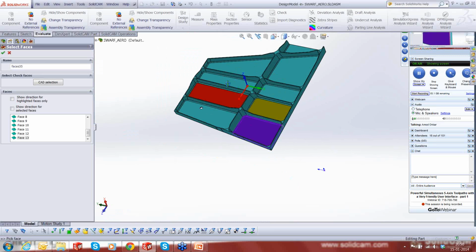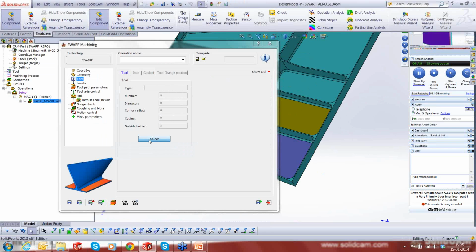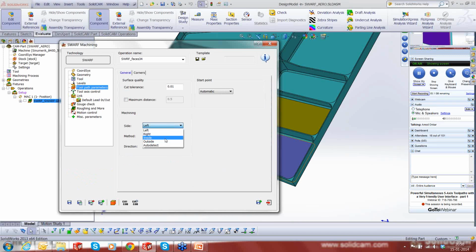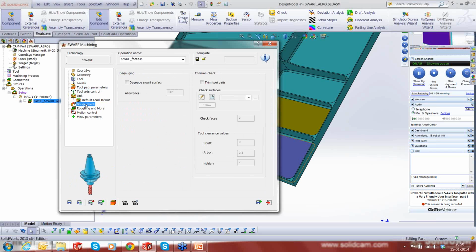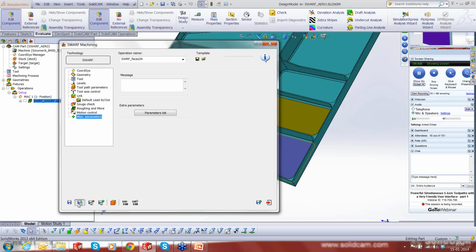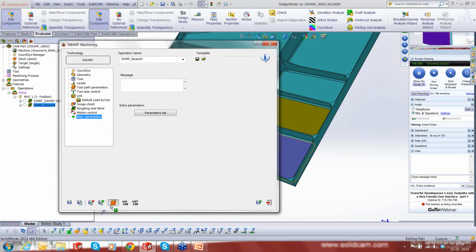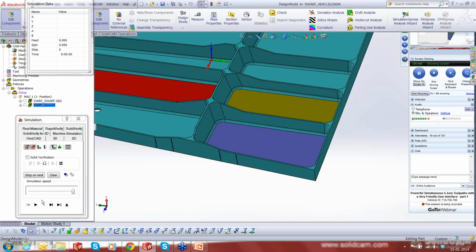Perfect. Let's click OK. I'm going to select same tool, and every other option I'm going to keep default except this one where I'm going to say machine inside. We will not do any links because I just want to show you the issue and how we fix it. Let me calculate it. Okay, if I run the simulation now, I go step by step,